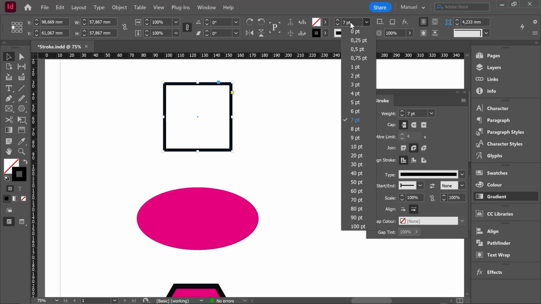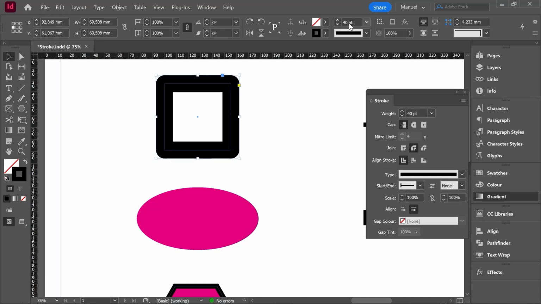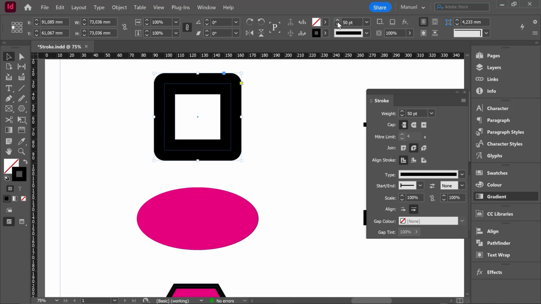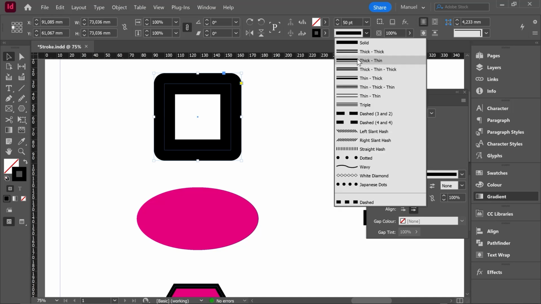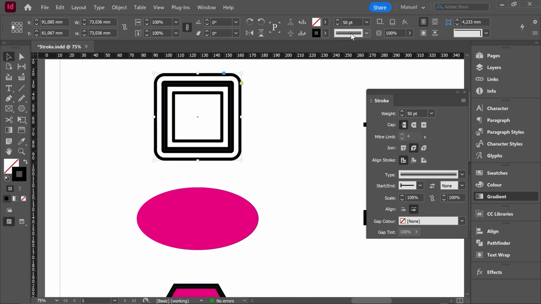But if I hover over this number and I either scroll up or scroll down, I will increase or decrease that thickness. I am scrolling down with my mouse and you can see how the stroke is getting thicker and thicker. Of course, I can use as well these up and down arrows. Just below here, in this another box, we can change the style line. Now the one chosen is solid, but again, we can scroll up or scroll down and then we will see the different lines applied on our stroke.